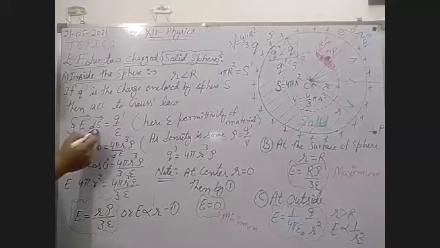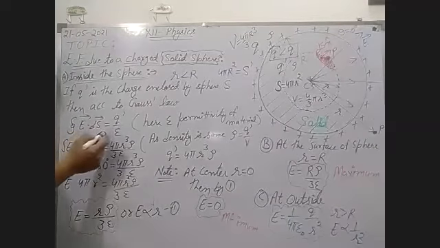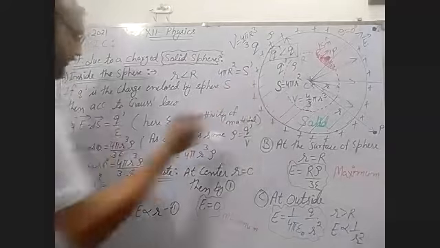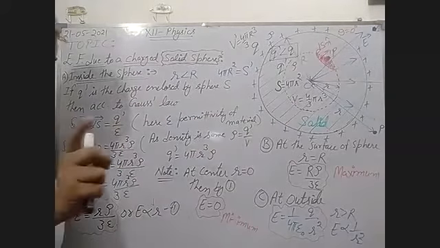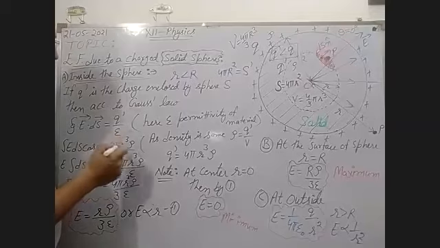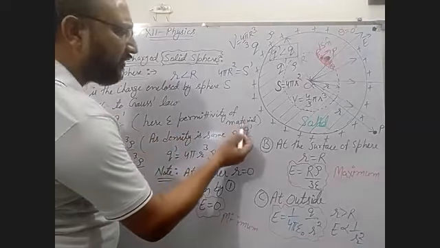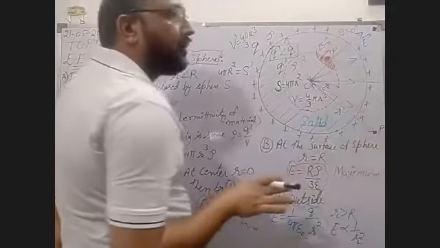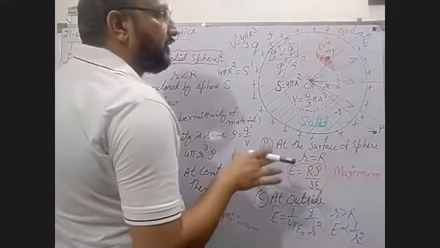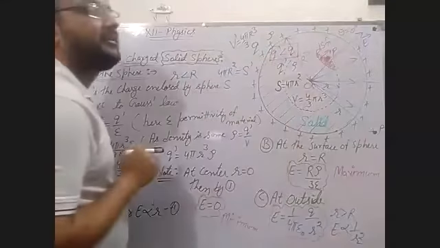Surface integral of electric field E dot dS is equal to charge Q dash upon epsilon, not epsilon naught. Why is naught not there? Because here epsilon is the permittivity of the material. This sphere is not hollow from inside.